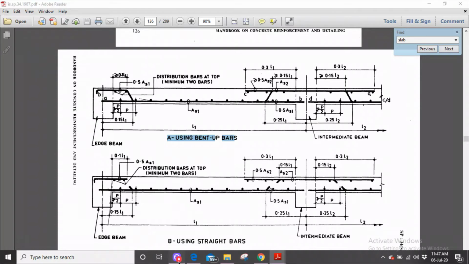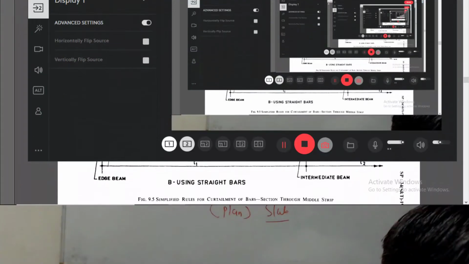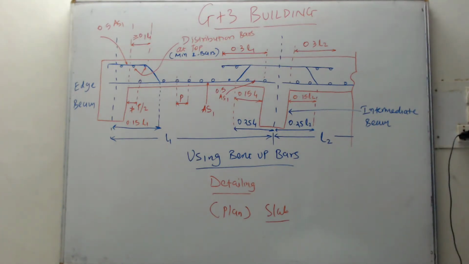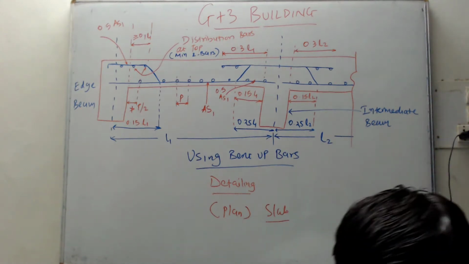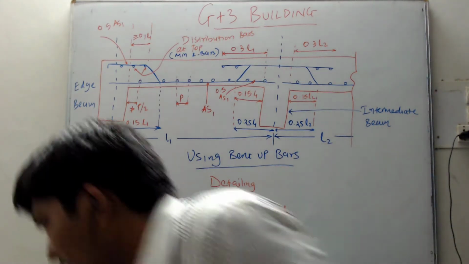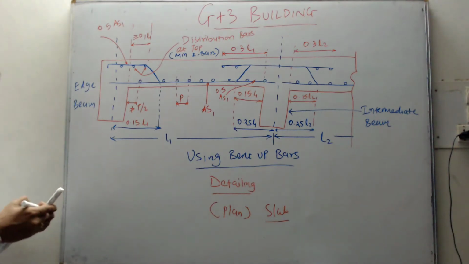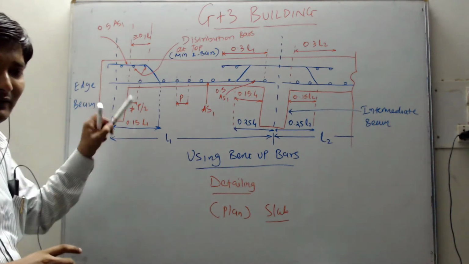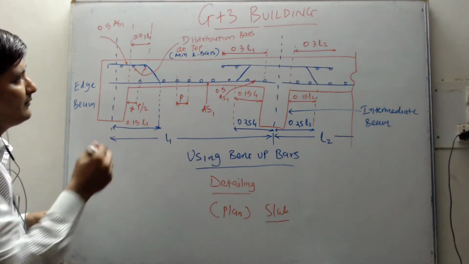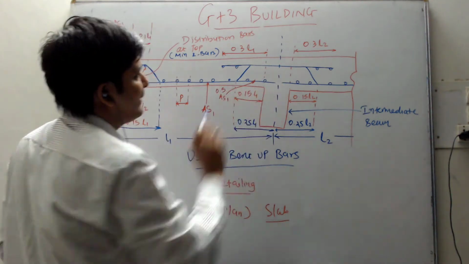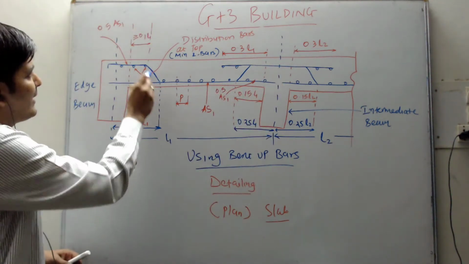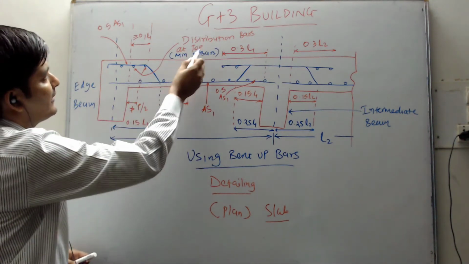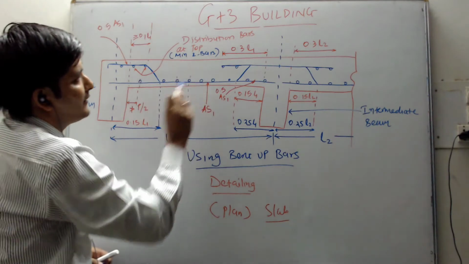So let me share the screen back. Okay. As you can see on your screen, you need to prepare a drawing like this after the completion of the design. The blue line is the reinforcement line and the red lines are the beam and slab lines. One main bar will run throughout, and there are bent ups shown here, and there are extra top bars also, distribution bars at top.